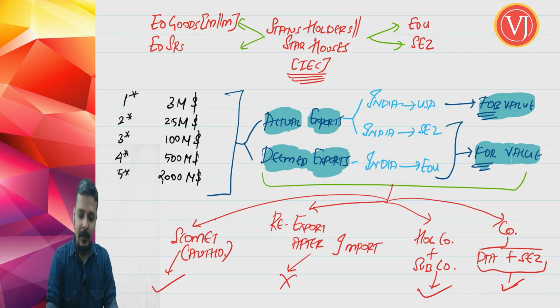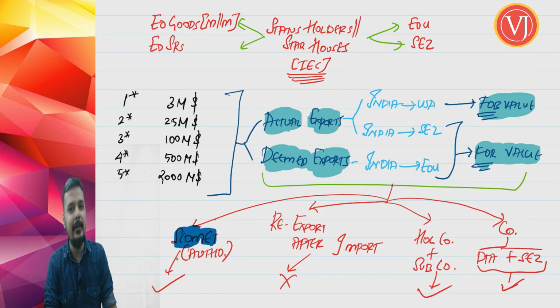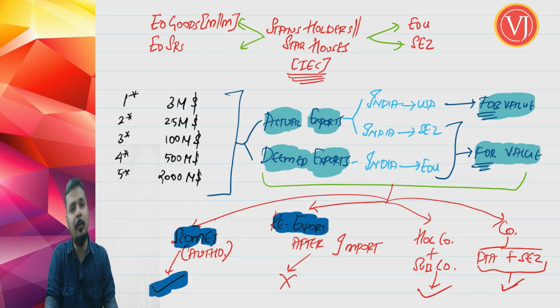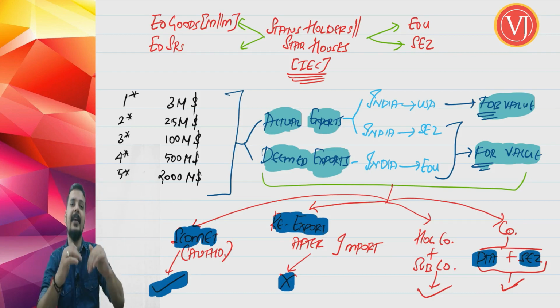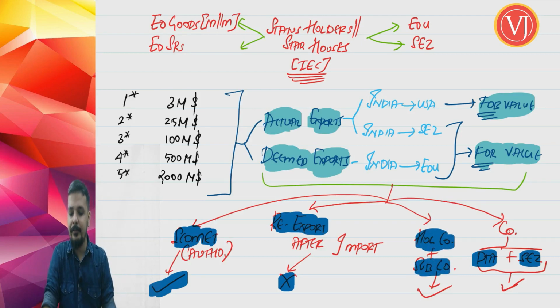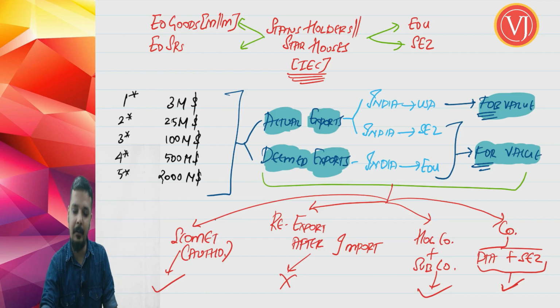Export of even SCOMET, special items, your special chemicals, organisms, materials, equipment and technologies, will also be counted in your export performance, but re-export after importation will not be counted. Clubbing will be allowed for DTA units and special economic zone units, which means that they can go for a high star category if you do clubbing. Clubbing will also be allowed for your holding company and your subsidiary company turnover. Here you are talking about a group of companies, and there about a single company with a DTA unit and a special economic zone unit.